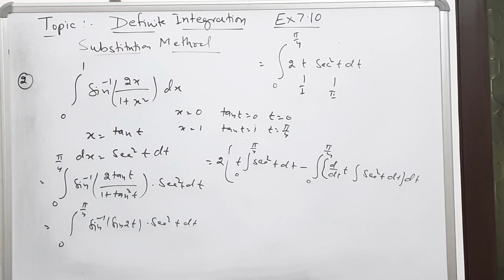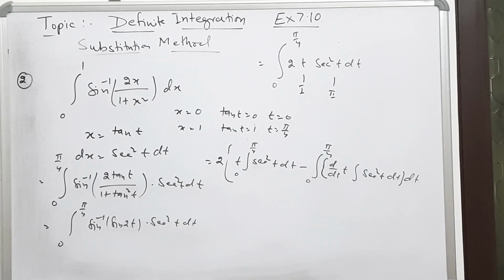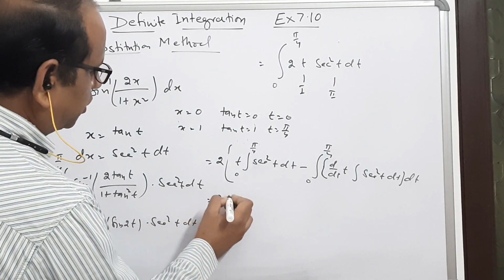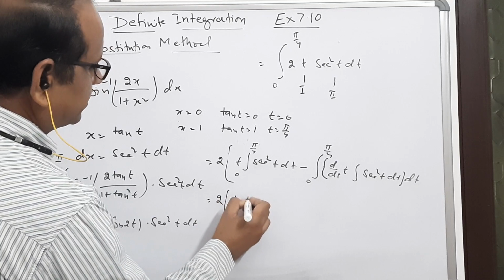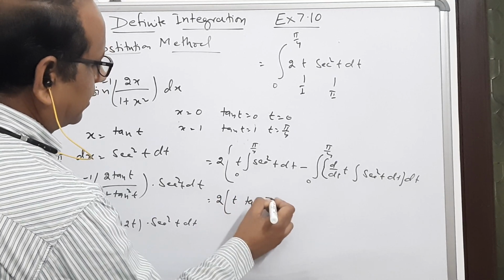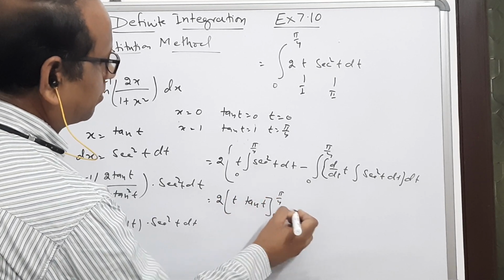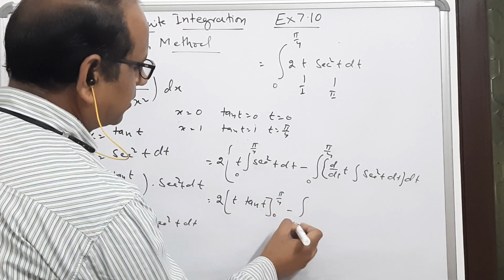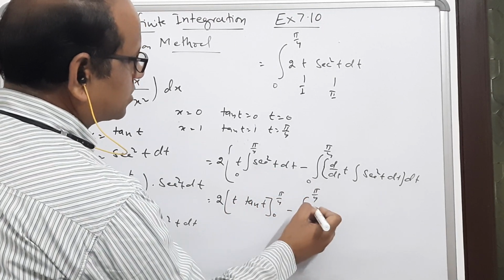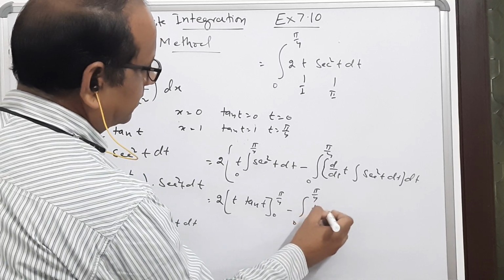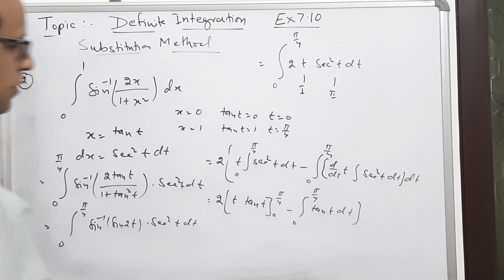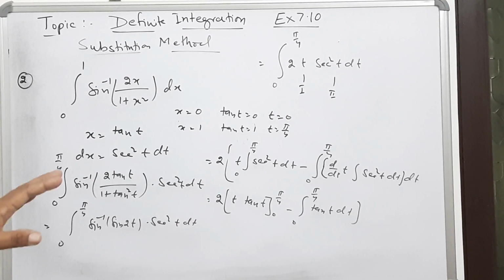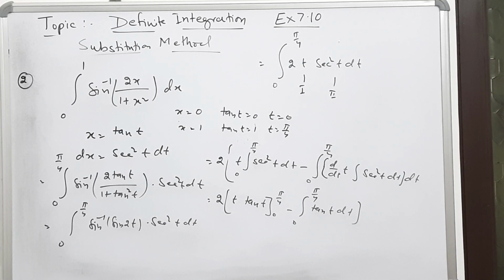Please see if this part is crystal clear to you or not. Now in this it will be 2t and sec square t will be 10t, and the limit will be 0 to pi by 4. This part 0 to pi by 4 will be 1, and it is 10t dt. Please see nicely, this problem is very important because we are revising the integration by parts also.